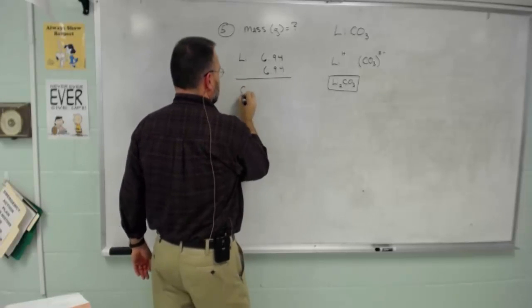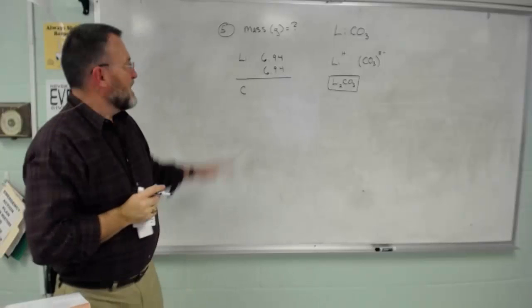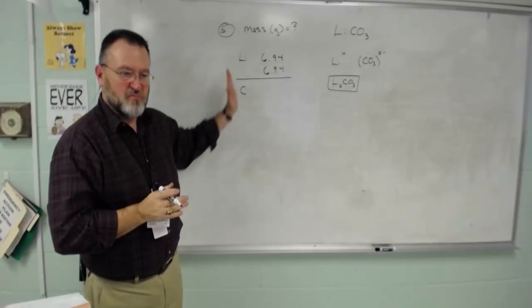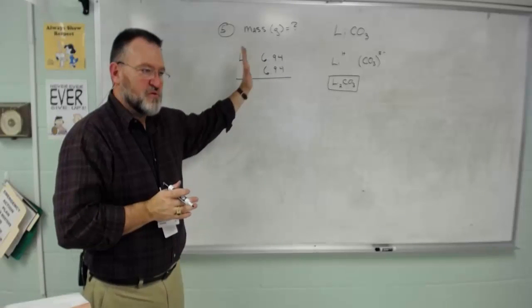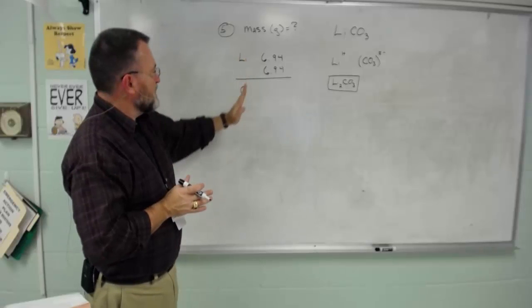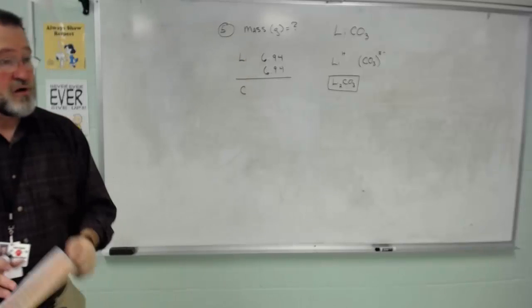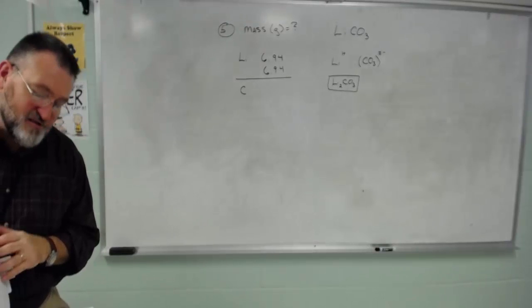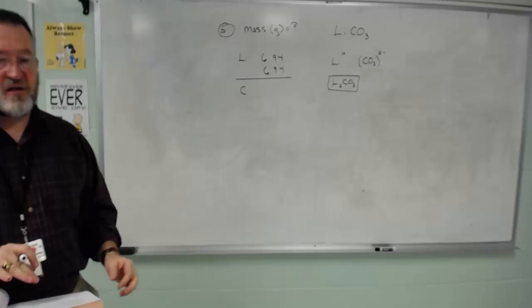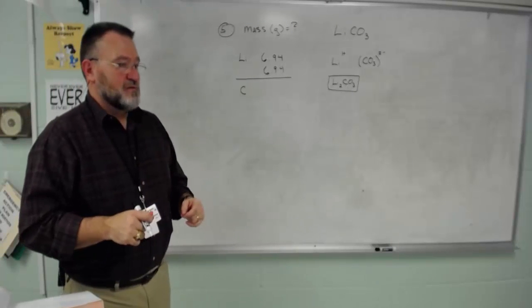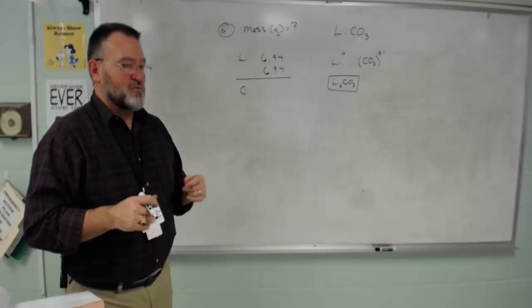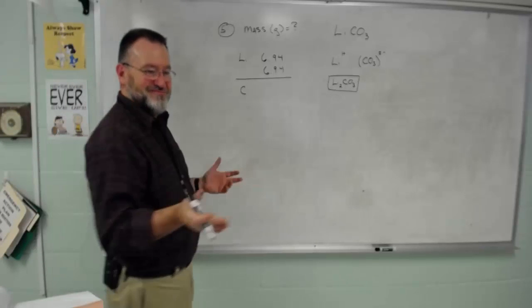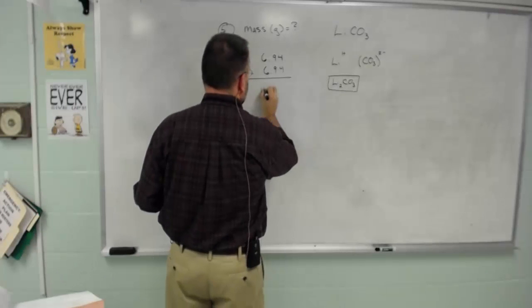Next, I need to account for the mass of my carbon. I haven't done it quite this way before, so it's a little bit different way of thinking about it, but if it helps you understand it, awesome. 2 lithiums, now I need the mass of 1 carbon. We go back here to the mass of 1 carbon, and not surprisingly, mass of 1 carbon is 12, because 1 AMU is 1/12 the mass of a carbon-12. So the mass of the carbon is 12,